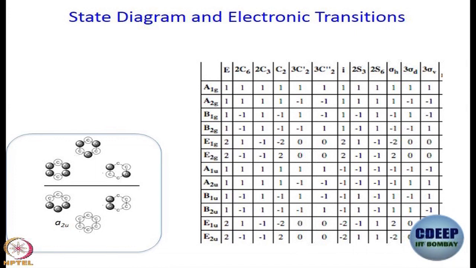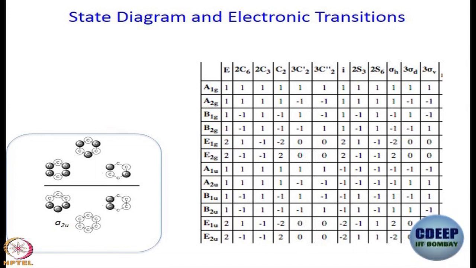Start from here, this is plus, go through the center, go through the other side. Remember what going through the other side means. This is plus, you have to go here, right. So, this one, is it G or is it U? These are U, these are G. So, already 1/3 of the problem is done. In fact, 2/3 of the problem is done, because you know that the only two-dimensional representations are E. So, I know it has to be E. I know this is U and this is G. I only have to figure out 1 or 2.